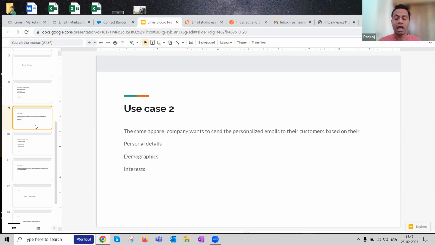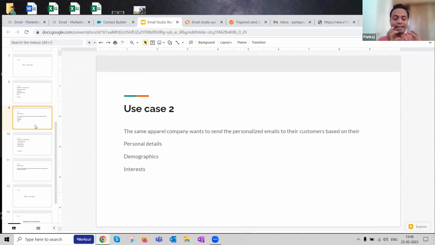Second is demographic details, your age, your location, whatever, all these details. Based on those details and your interest. So in my case, particularly, for example, if I'm looking, in this apparel company's case, for more t-shirts, then probably I'm a customer who is a male. I am interested in shirts, men's shirt of a certain size. So all that information is captured by this particular company and their web portals.